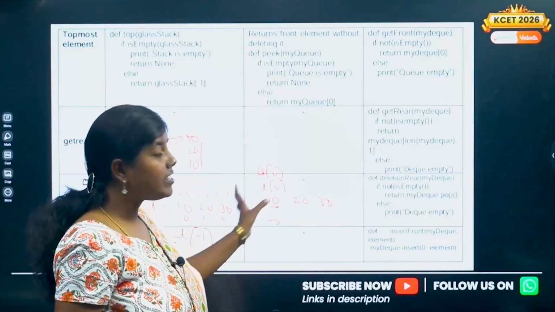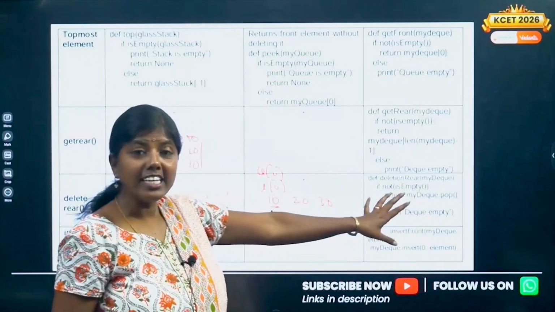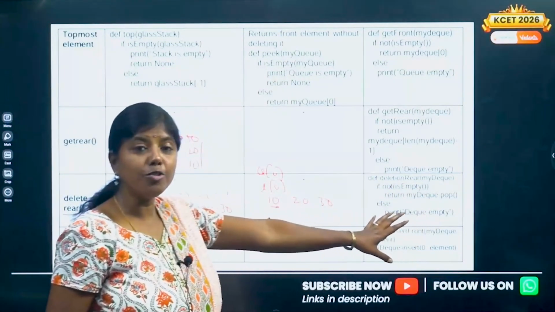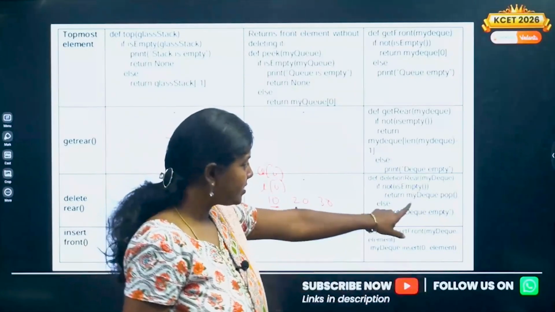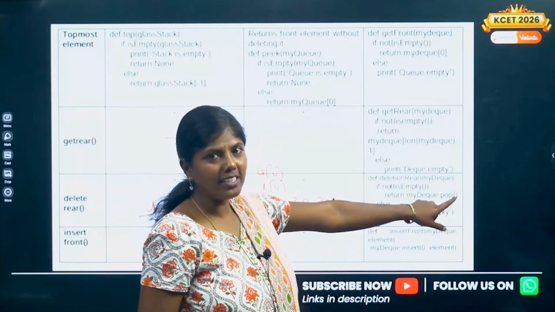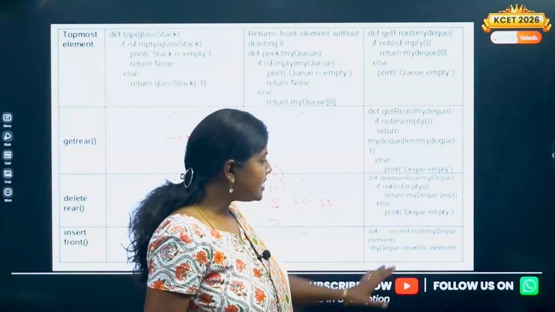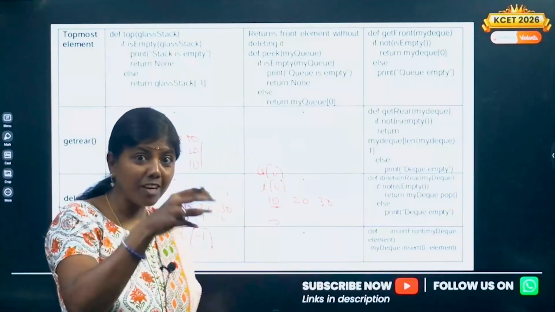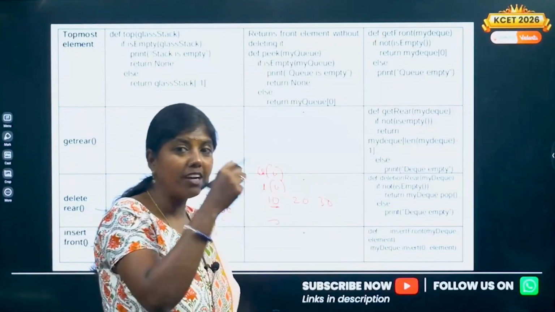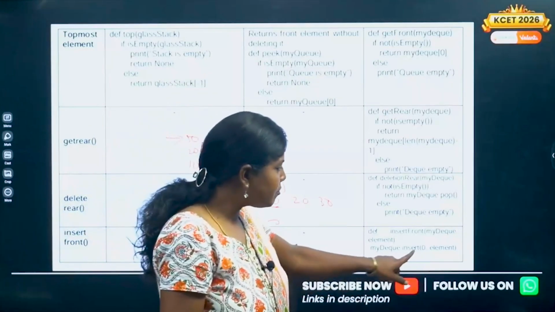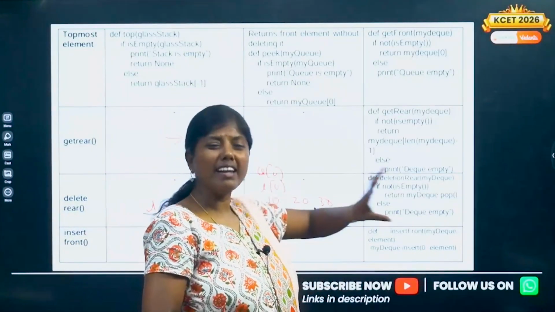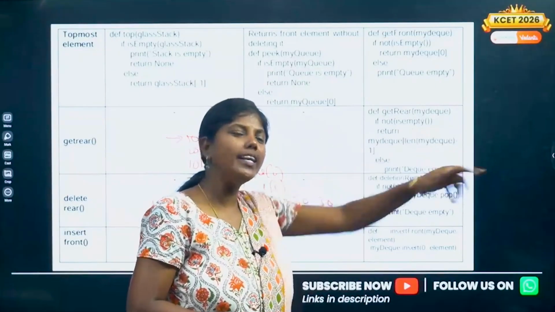Okay. And similarly, we have deletion from the rear end. In case of deletion from the rear end, how do you do it? Very simple, pop. Pop will always give you the last element. Okay. Similarly, I want to insert an element from the front end. You can use a function called the insert function: insert(0, element).